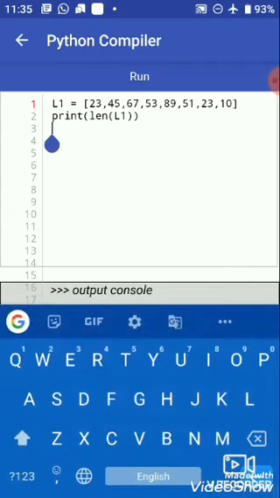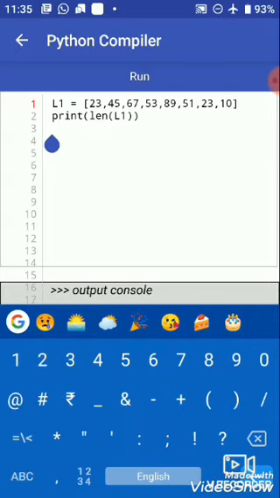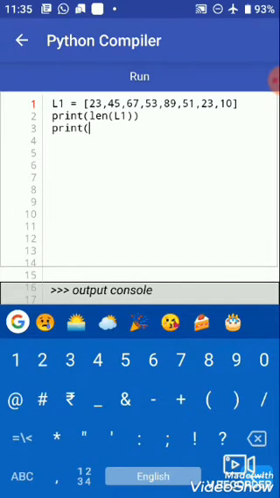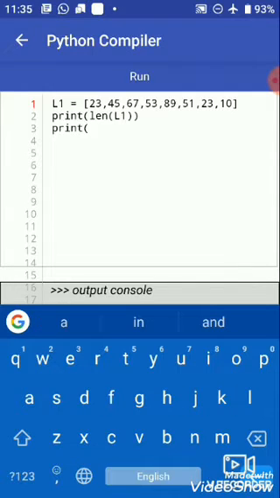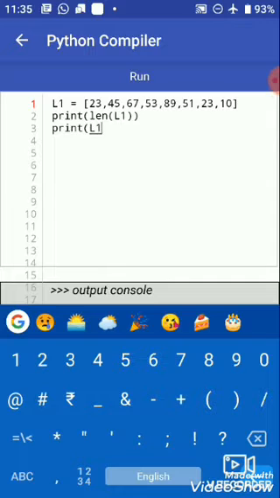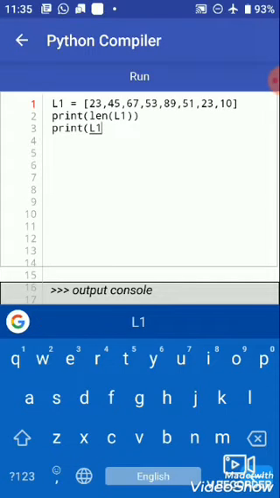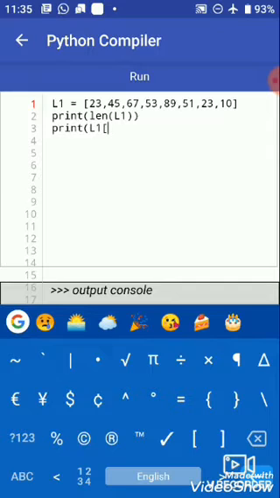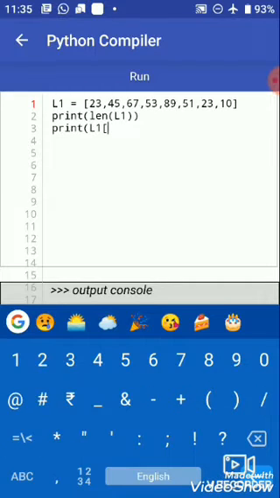So first we access or print the value through our list name, and for accessing the values we use square brackets, and in the square brackets the number value is 5.